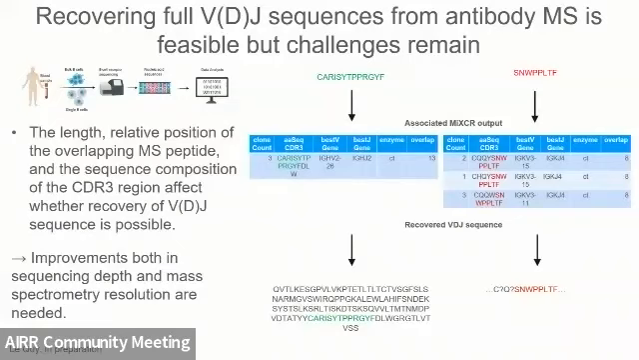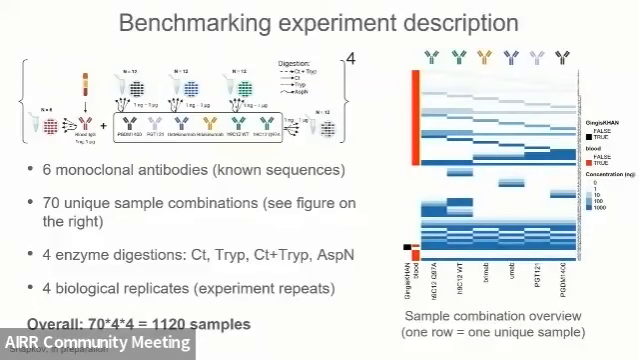So this illustrates the fact that there is still a lot of improvement to be made in both improving the sequencing depth, so we have the widest coverage reference possible, and also improvement in the performance of antibody mass spectrometry. So in order to address that second part, the mass spec part, we are also doing a benchmarking